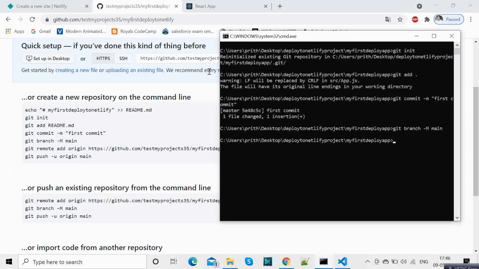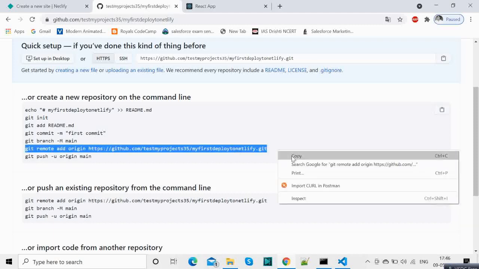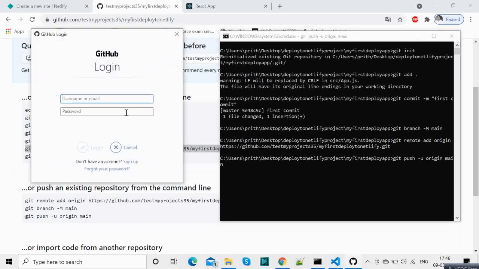Then we will add the repository where we will be pushing. We will be adding it in this repository. So we paste that, we run this, and then git push -u origin main. So let me log in.